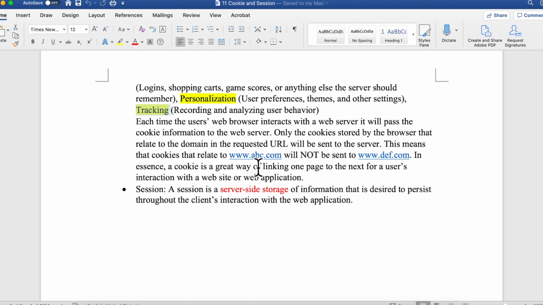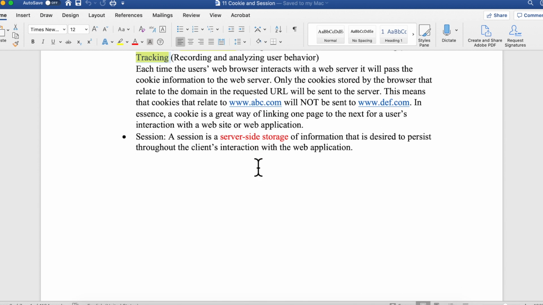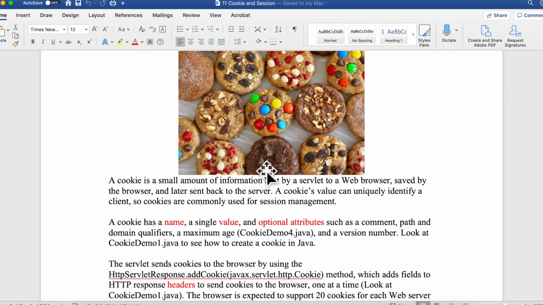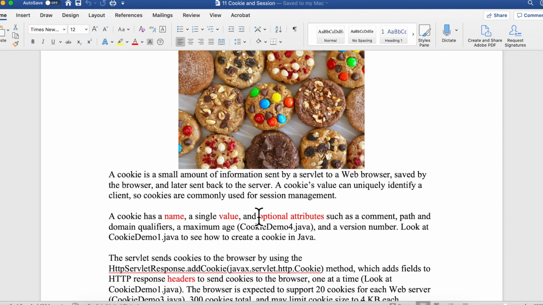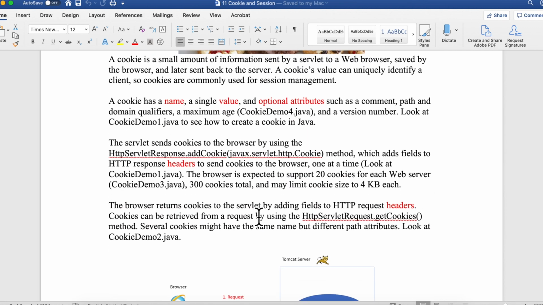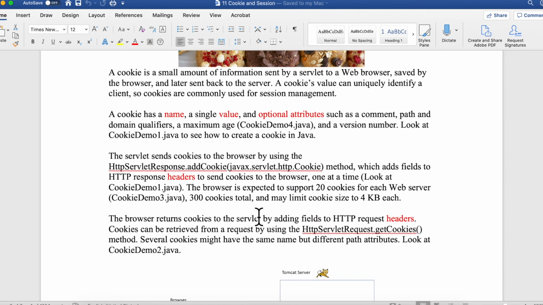Just remember this. So for example, if I go to Amazon and Amazon gave me 61 cookies, I would never send those 61 cookies to google.com or bing.com. Okay, cookies will only be sent to where they are made. All right, so let's go to cookies and see more details. So here are some very good cookies, right? All right. As you have seen, a cookie is a small amount of information sent by a servlet to a web browser,